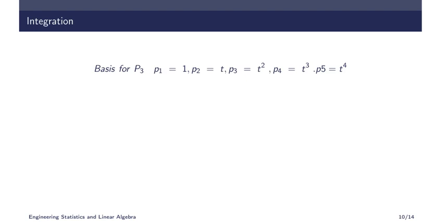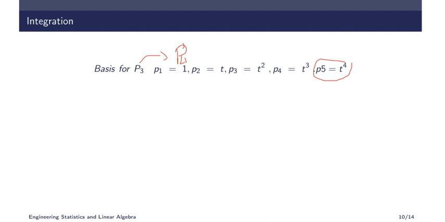Now for integration, we know the same thing. Now integration, you know that if you take the integral of t cube, it will give t raised to 4 by 4. So we want one more basis for the result part or the range part. So it will be a transformation from capital P3 to capital P4, meaning the polynomial space of third degree to the polynomial space of fourth degree. In the previous example, it was a transformation from P3 to P2. In this case, it will be the transformation from P3 to P4.